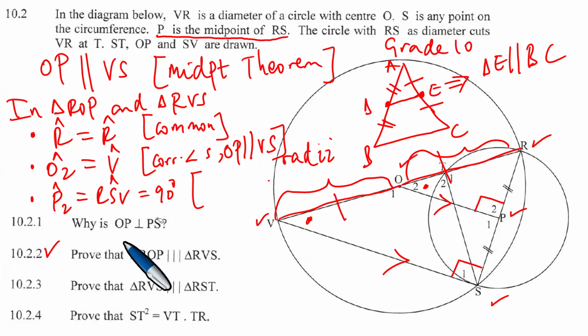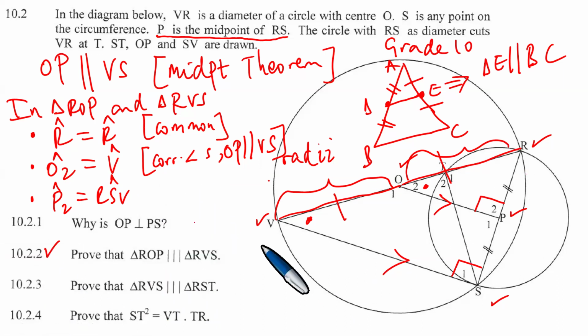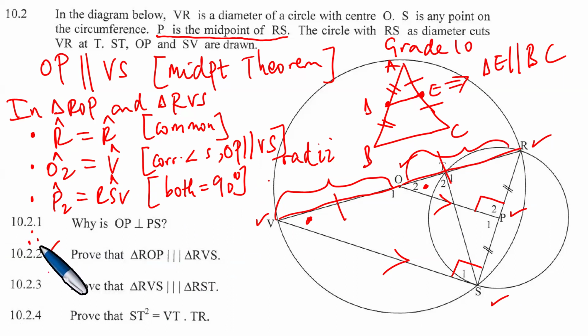Right. So yeah, you can say that also equal 90 degrees. Or you can say this angle P2 equals the angle RSV. Why? They're both equal to 90 degrees. Both equal to 90 degrees. So that in the end, we have the P2 in that. And therefore,